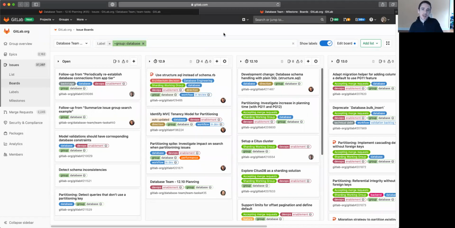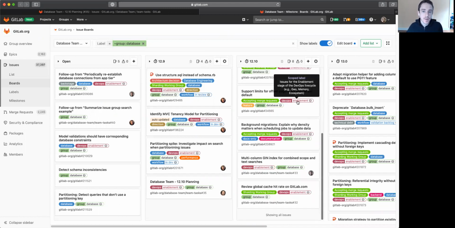Hi, I'm Josh Lambert, a group product manager here at GitLab, and today I'd like to talk about our database group's plans for the 12.10 release, which will be shipping on April 22nd. We have a few key items we're working on here, and one thing to keep in mind with this group